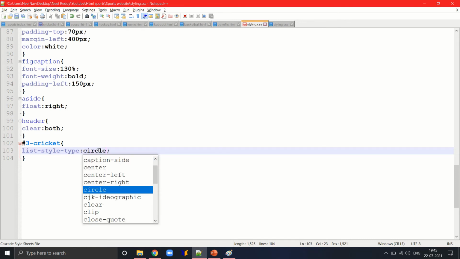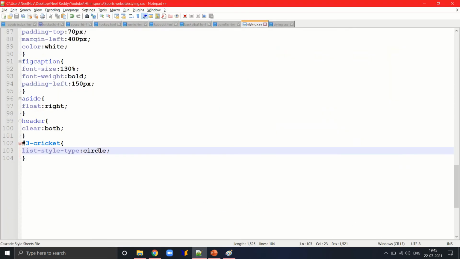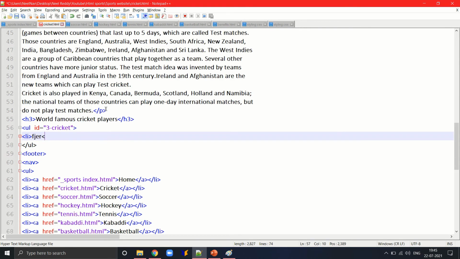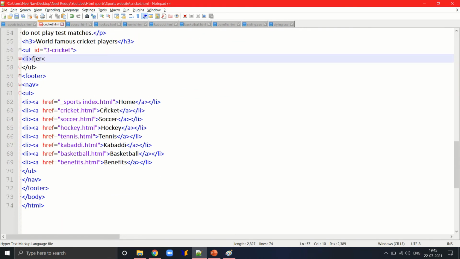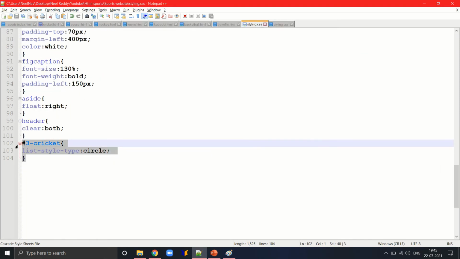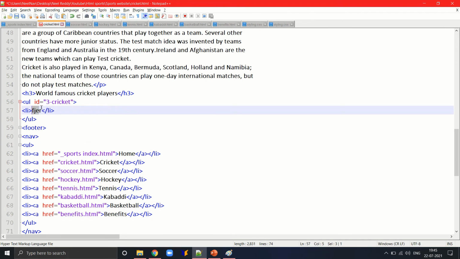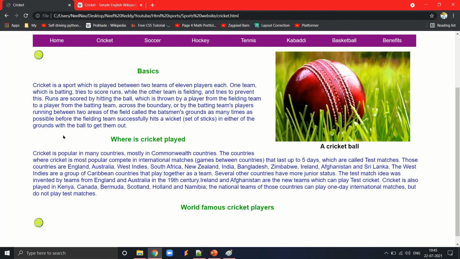I'm gonna try circle. Guys, I don't know why this is not working, but it's okay. We are gonna actually keep this ball icon. It doesn't matter because this icon is also pretty good. So we are gonna just save this,